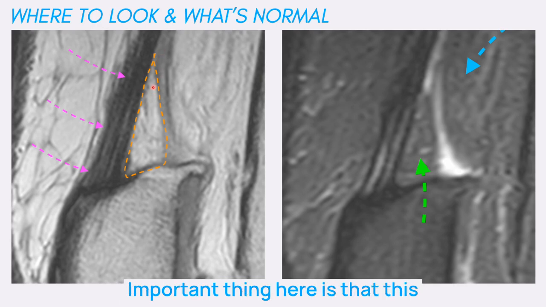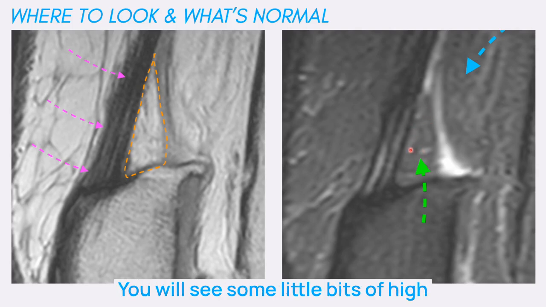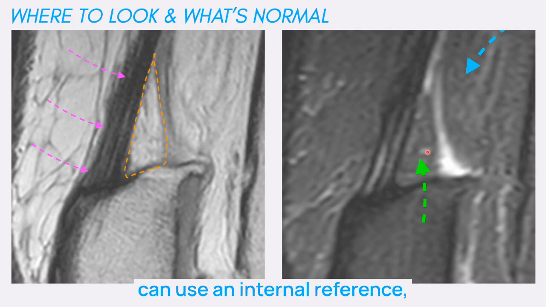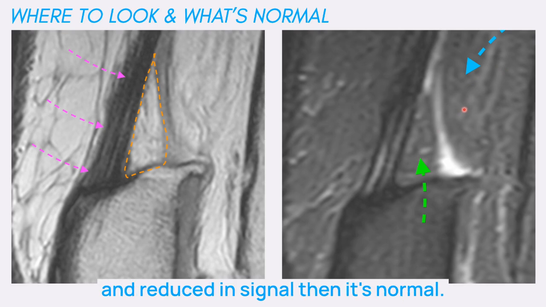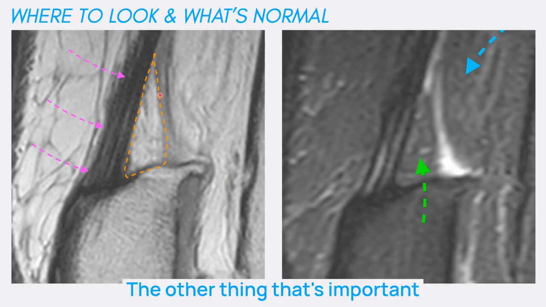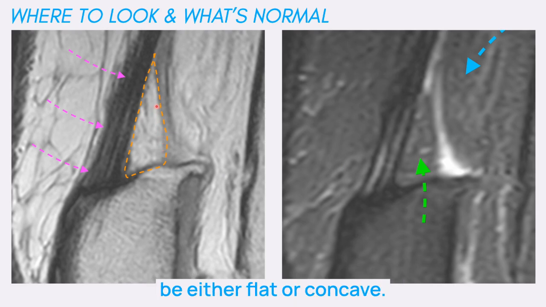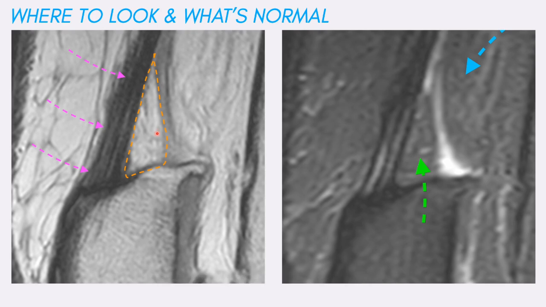Important things here is that this is filled with fat, so it should be high signal on PD, and on the PD fat sat it should saturate. You will see some little bits of high signal, which are vessels, but you can use an internal reference, which is the supratrochlear fat pad, and if it's saturating or it's a similar signal and reduced in signal, then it's normal. The other thing that's important is to look at the posterior margin. So the posterior margin of this quadriceps fat pad should be either flat or concave,